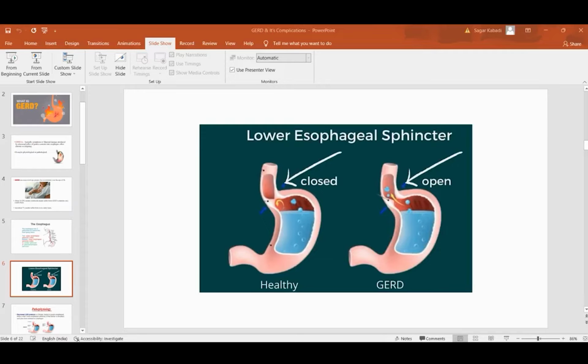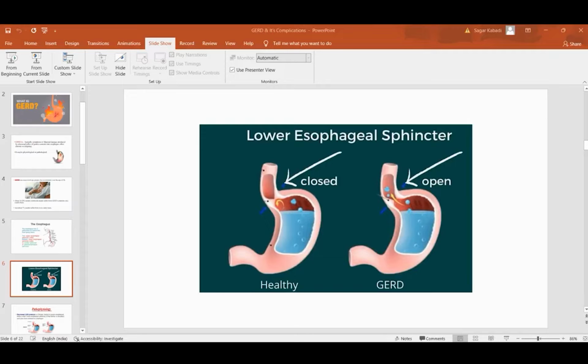Endoscopy is also used to take simple biopsies from the stomach. Now, why should we take a biopsy sample? That is to see if there is any presence of infection at a microscopic level. So we take a small piece from the stomach to see the presence of a bacteria called